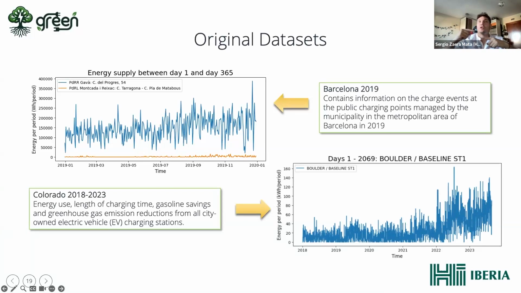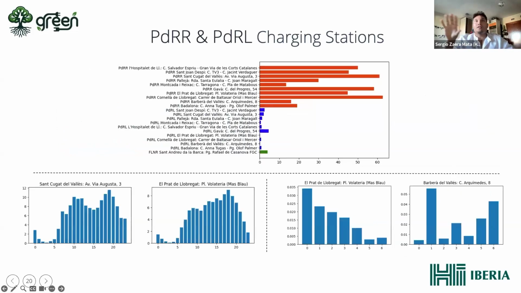You can see also that in Barcelona there's a difference between the blue one and the orange one, and this is because of the fast charging stations and the slow ones, which you can see better here. The fast ones are in red, where we have more data, and the ones in blue and also the green one, which is a special one, are the slowest ones. Why is it important to differentiate between fast and slow? Because a fast charging station will charge around, let's say, 8 to 10 cars a day, while the slow one maybe one or two. So they are in an unbalanced state.